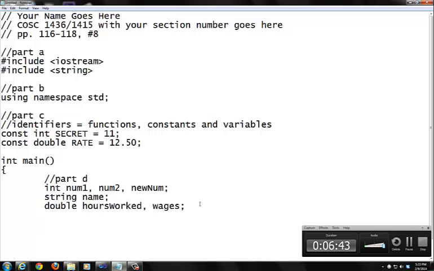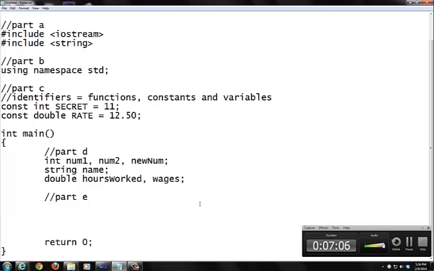Now I want to move on to part E: write a C++ statement that prompts the user to input 2 integers and stores the first number in num1 and the second number in num2. So I'm going to comment out that section, part E. In here, again, I need to prompt the user. When I prompt the user, I need to get things on the screen. So cout, extractor, extractor, enter